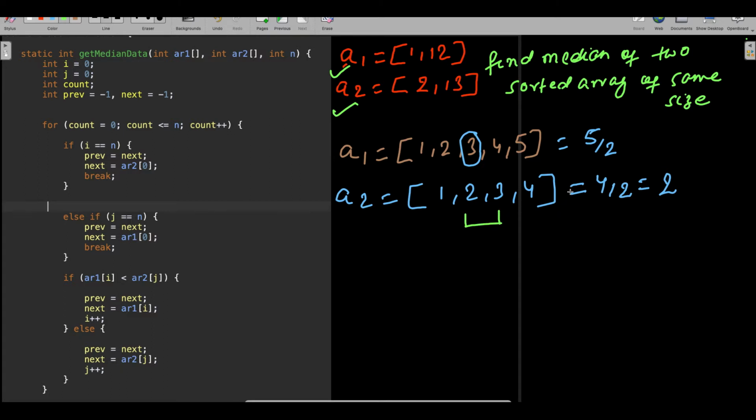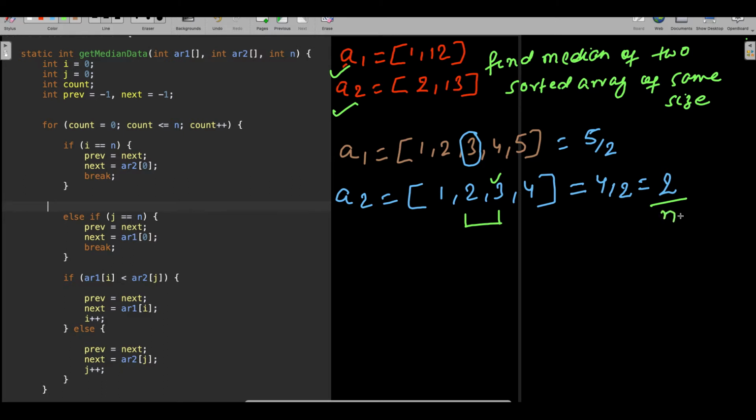Because let's say this is the index you got. When you select 0, 1, and this is 2, this is not the median. 3 is not the median. So whenever you have such situations where your data count is an even number, then what you do, you assume that this index is n.